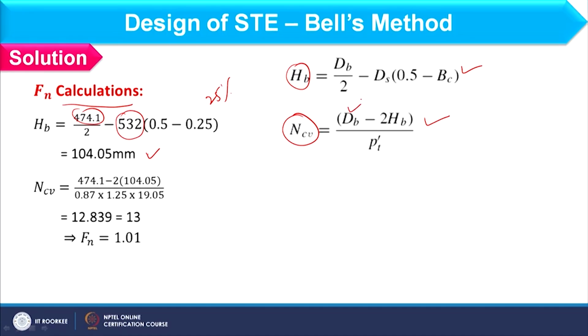So, here you already know the bundle diameter, which is this, and twice of HB I am considering, and at bottom we have PT dash, and if you see we are having triangular pitch. So, that should be arranged in this way. So, total height between two rows should be 0.87 into PT if this is the PT. Right. So, considering this we can find out NCV as 12.839 and that I have considered as 13,